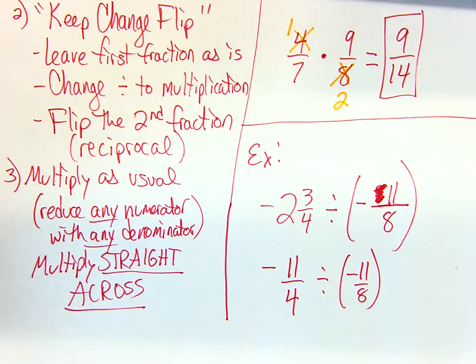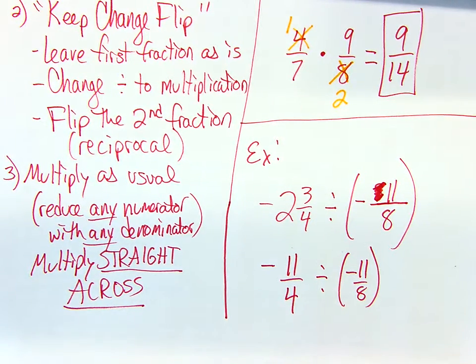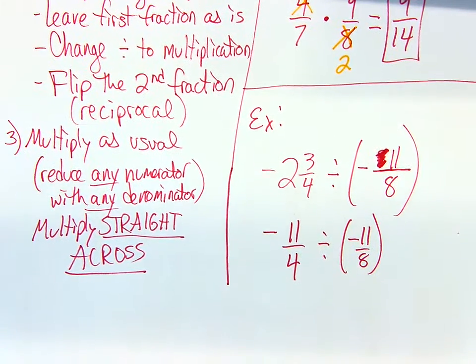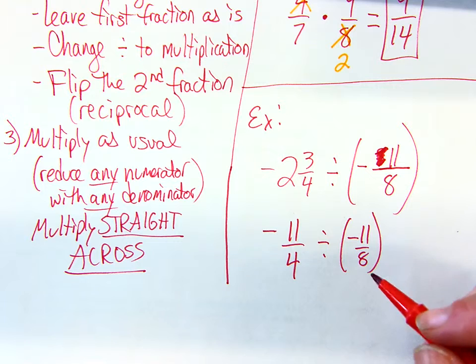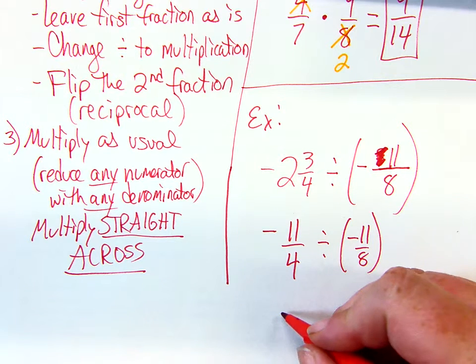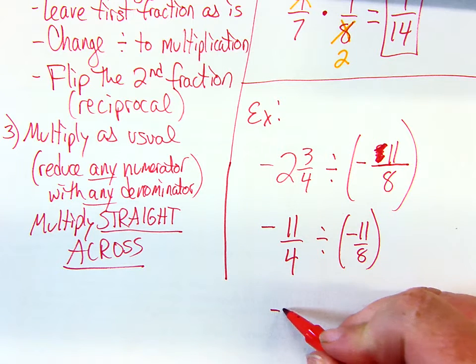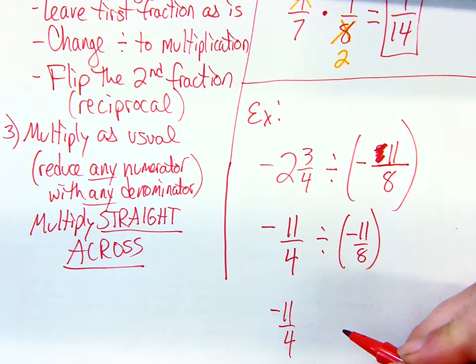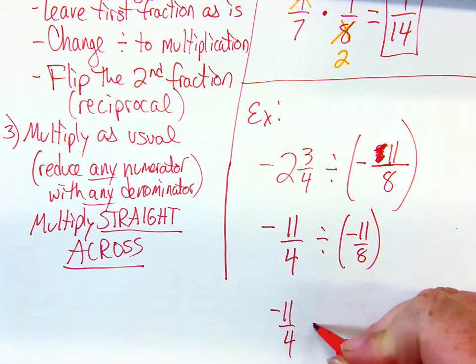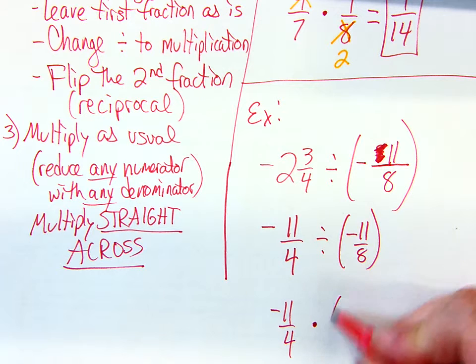Change mixed numbers to improper. Step 1 is done. Step 2. What would I write for step 2? So Sam, walk me through it. What's my first fraction going to be? Yeah, so keep, and then change to multiplication, and then,